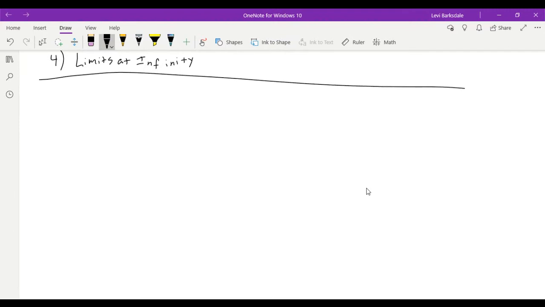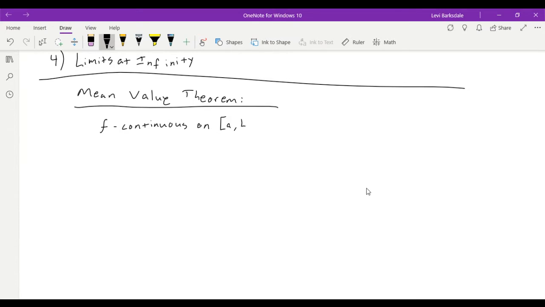And if we can recall, the mean value theorem states that if f is continuous on a closed interval from a to b, and f is also differentiable on the open interval from a to b, then there exists a point C